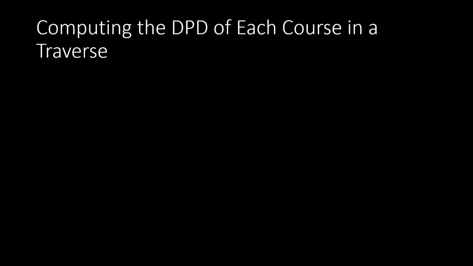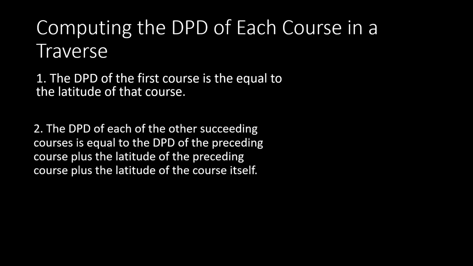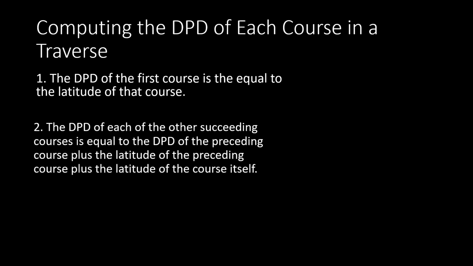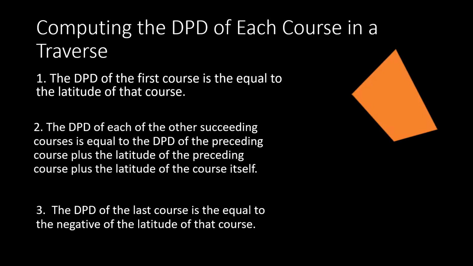Let us now calculate the DPD of the courses comprising a traverse. First, the double parallel distance of the first course is equal to the latitude of the course. Second, the DPD of each of the other succeeding courses is equal to the DPD of the preceding course plus the latitude of the preceding course plus the latitude of the course itself. Finally, the double parallel distance of the last course in a traverse is always equal to the negative of the latitude of that course. So for example, we have a traverse, a closed traverse, where the corner points are A,